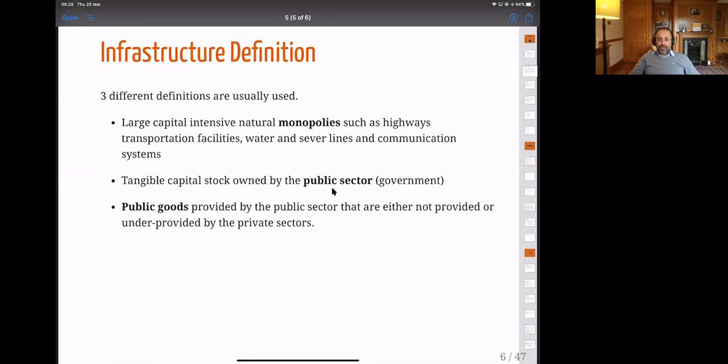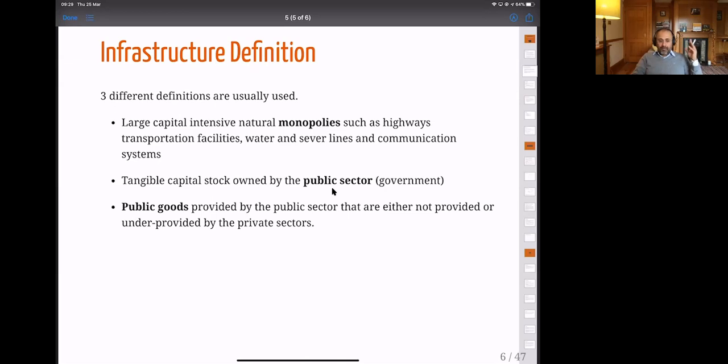So what is infrastructure here? Infrastructure here has three different definitions, and all of them are vague definitions. They're not perfect definitions. And the reason they are vague is because nobody's bothered to define infrastructure properly. This is one of the lacunas, because it's not been conceptually defined. We often think, if I see infrastructure, I should be able to tell you that it's infrastructure. And this is one of the areas that I've got really interested in, and it's one of the things that I've started working on,